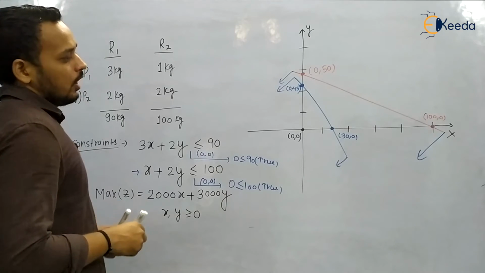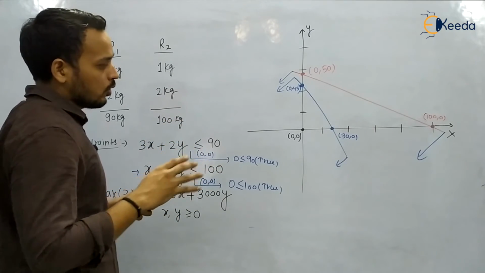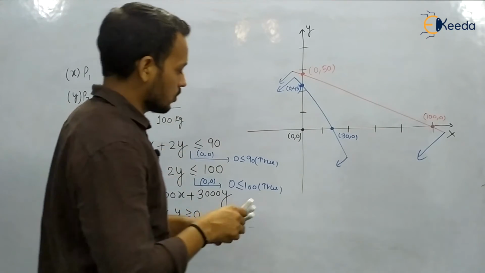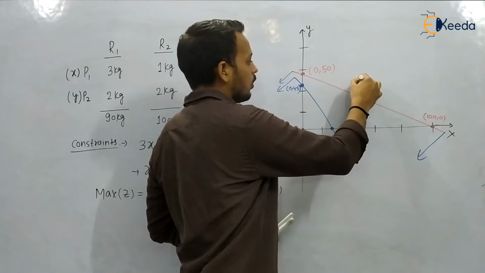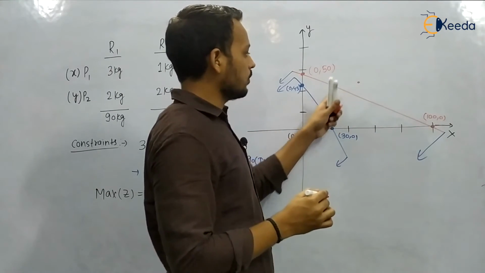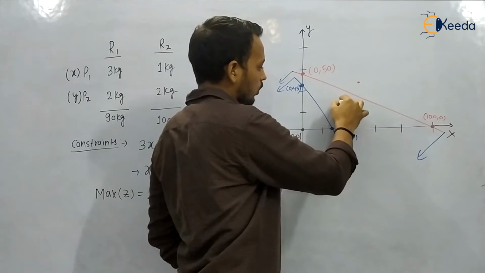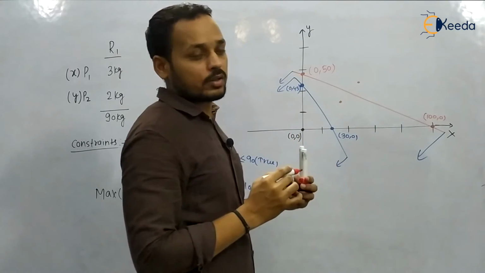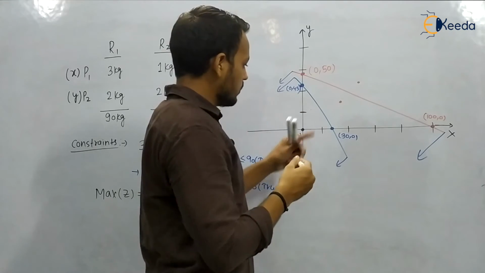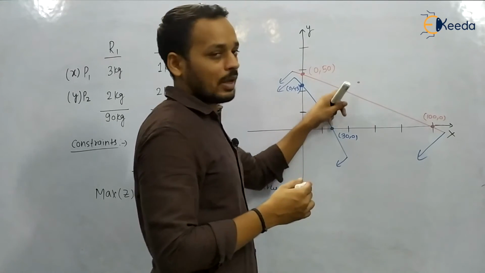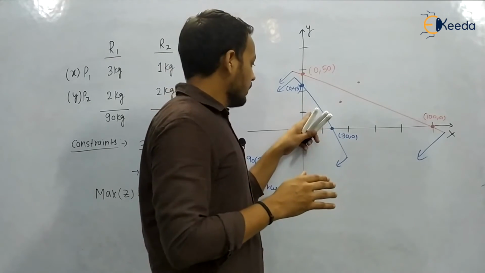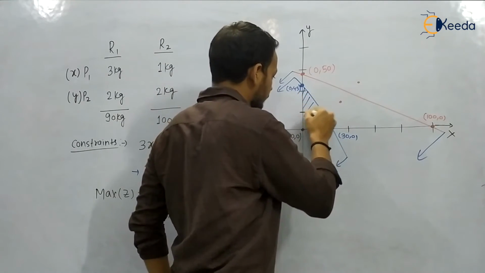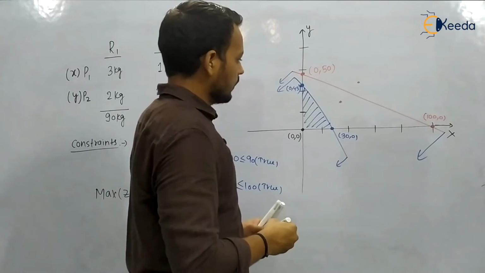You can see, now we have plotted both the constraints. Now what you have to do, you have to find the feasible region. The non-negative restriction says that you have to stay in the first quadrant. So if you are going to take a point here, then it will not satisfy any of the constraints. So this is not the feasible region. If you are going to take a point here, it will satisfy this red color constraint, but it is not going to satisfy this blue color constraint. But if you take a point here, this point is going to satisfy both the constraints simultaneously. So if any point in the region satisfies both the constraints simultaneously, it is going to be our feasible region.